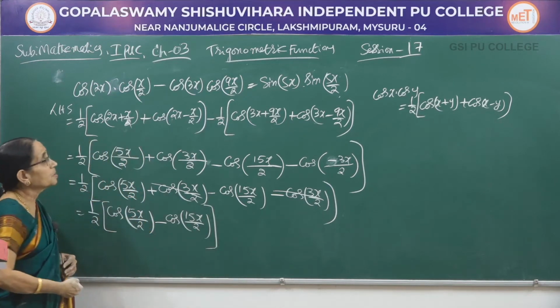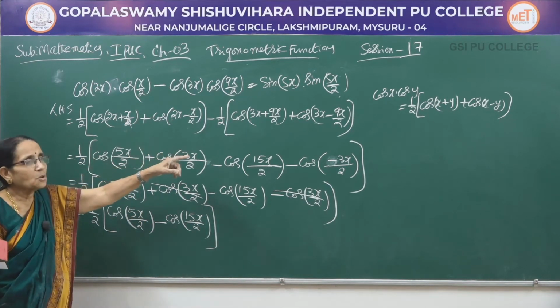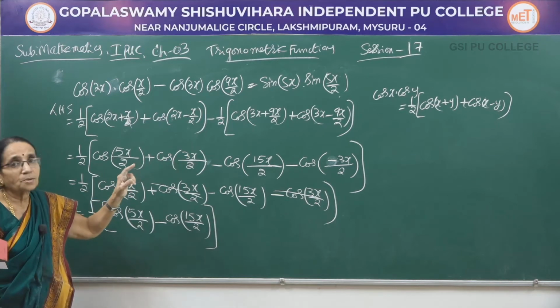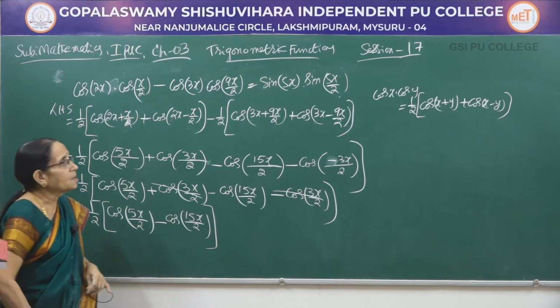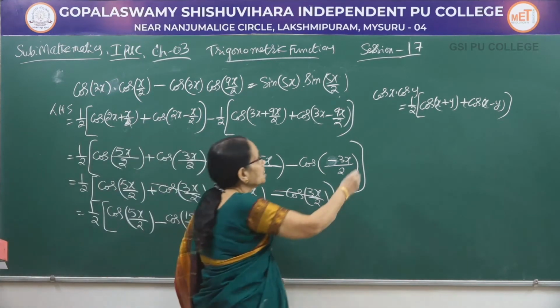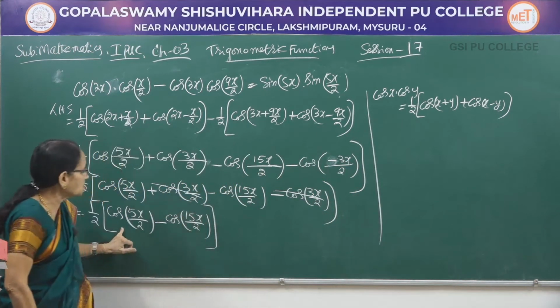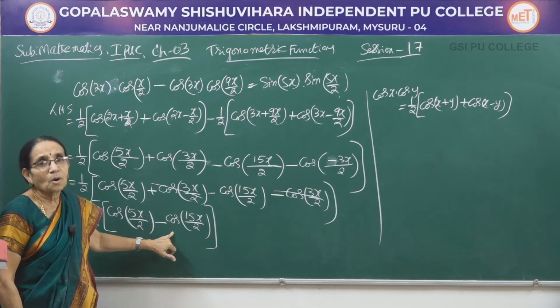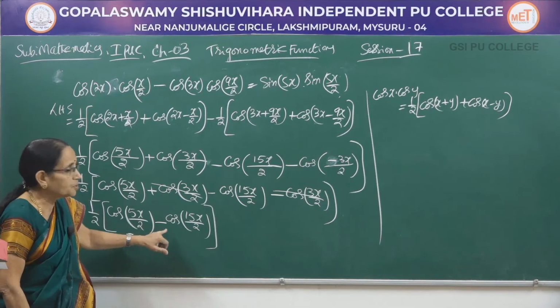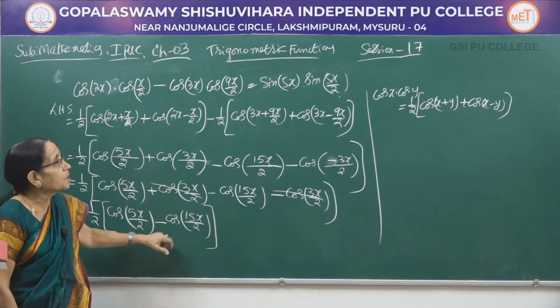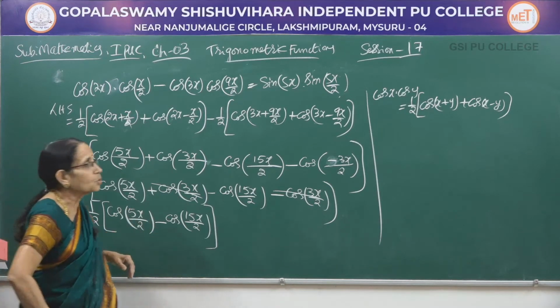See, you observe for both the terms here, I made use of the formula cos x into cos y. So I converted that product into a sum, isn't it? Look at the terms that I am having now. It is cos c minus cos d. So another set of formulas. It is the difference of two functions which has to be expressed as a product of two functions.